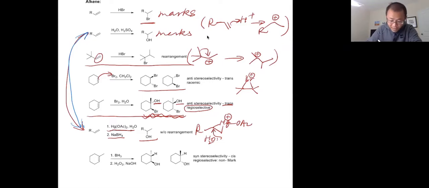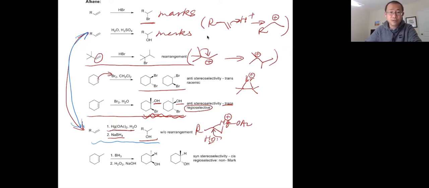But the second reaction using mercury has a very good advantage. That is, the product will not be a rearrangement product. So if your substrate has a potential of undergoing rearrangement, using oxymercuration followed by reduction, your product will be the one you wanted. You will not see any rearrangement product. That is the advantage of